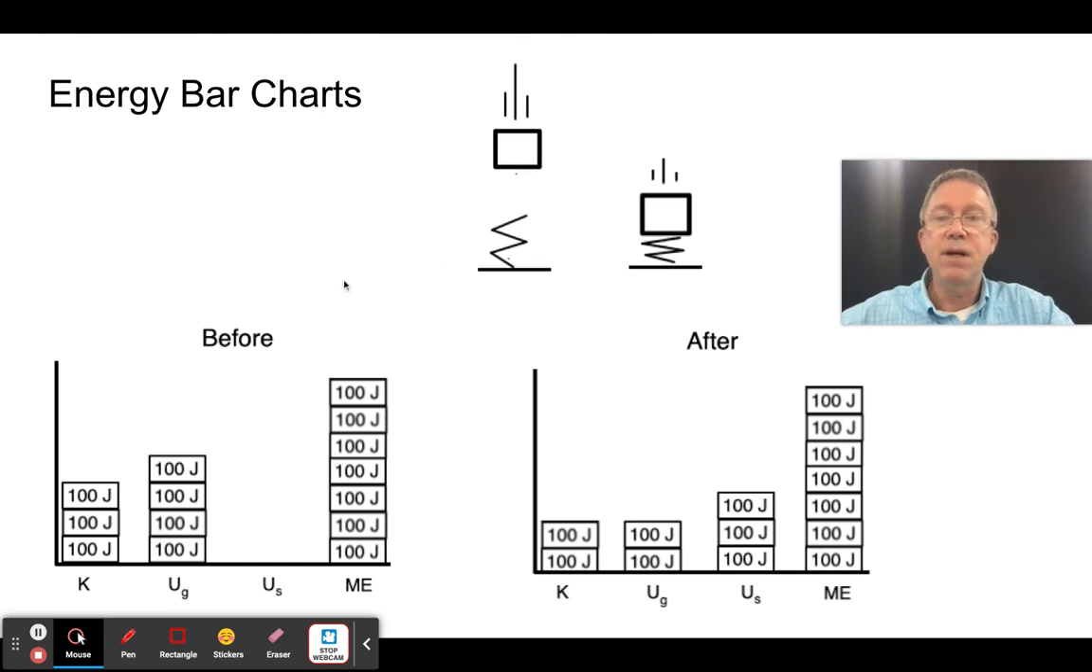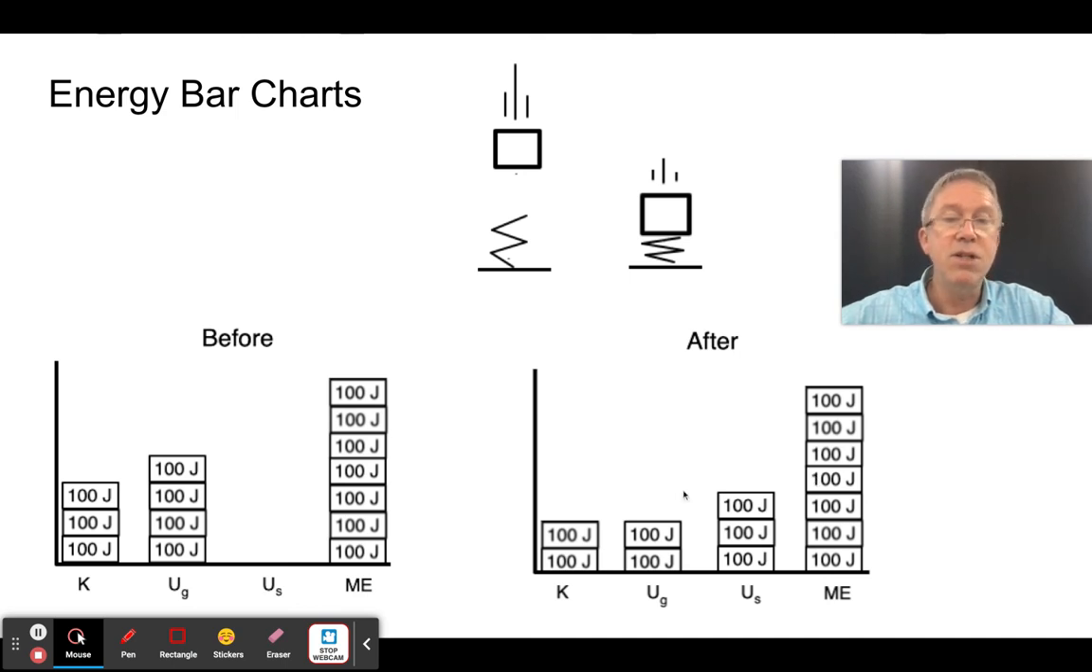Okay. So in that case, let's just say this object starts off, it's got 300 joules worth of kinetic energy. It's got 400 joules worth of gravitational potential energy. It doesn't have any joules worth of spring potential energy. 400 plus 300, the mechanical energy I start with is 700 joules. The idea is conservation of mechanical energy tells me that at the end, it still has to have 700 joules worth